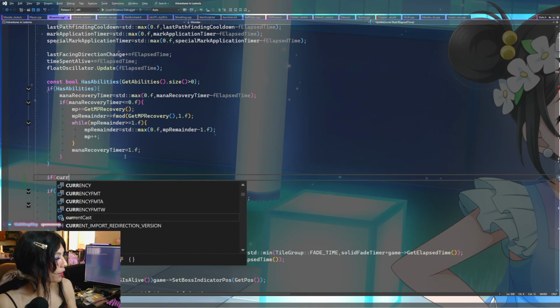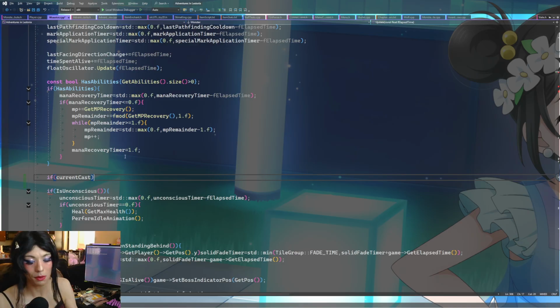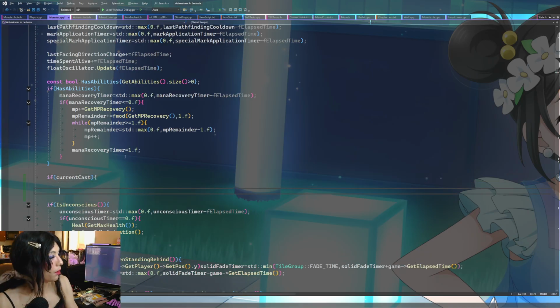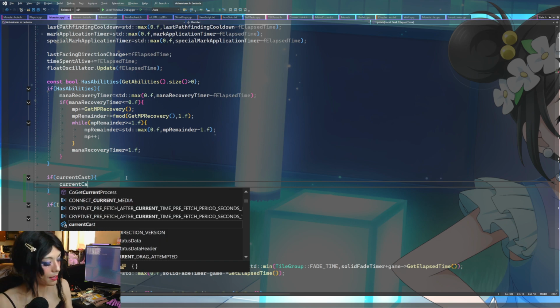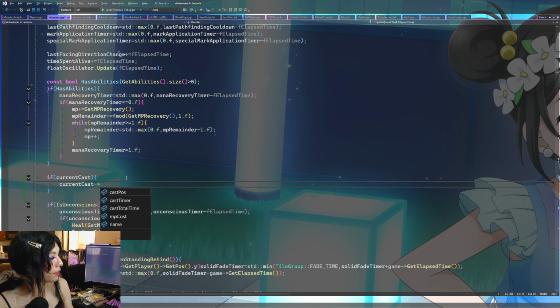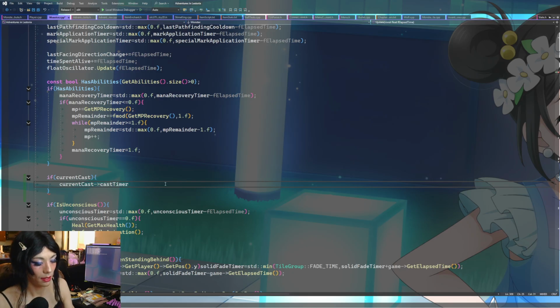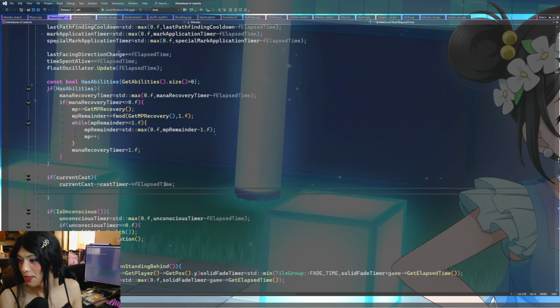If current cast, which means we're actually casting something, we're gonna have to reduce the current cast time down. So current cast, cast timer minus equals elapsed time. And then if it hits 0,